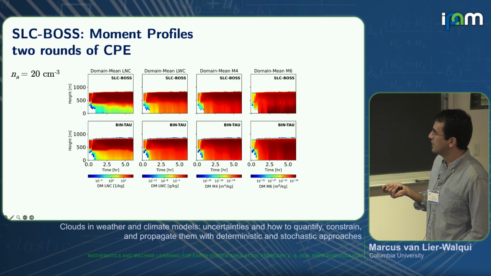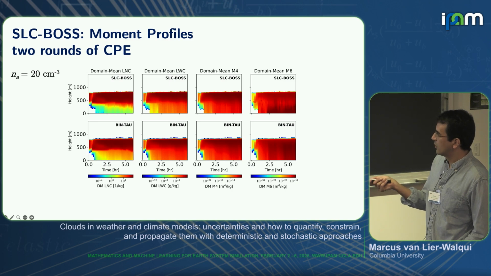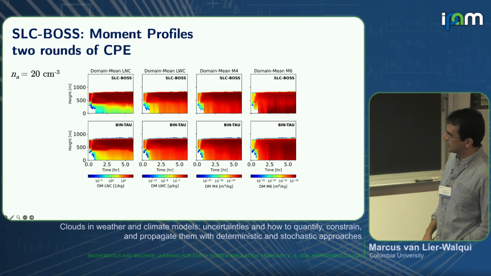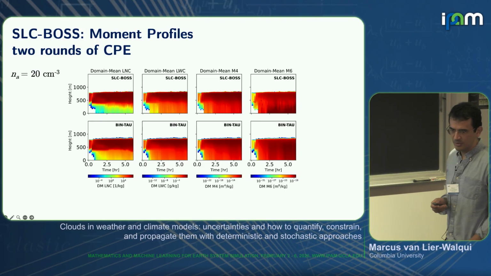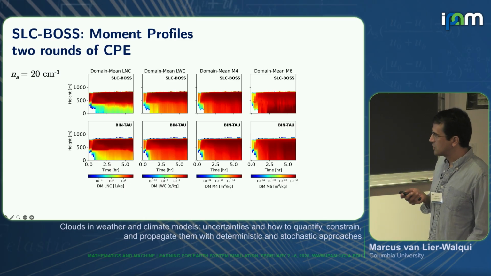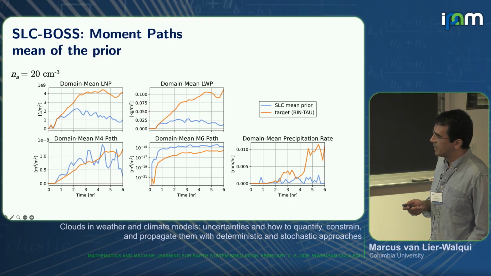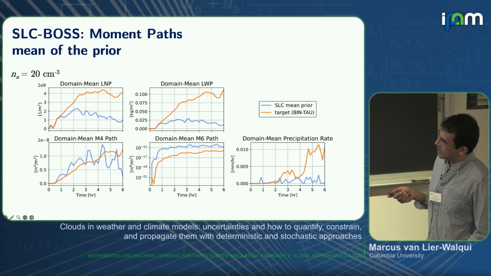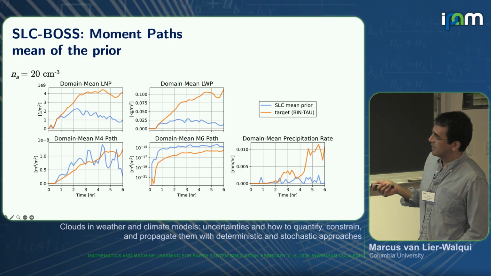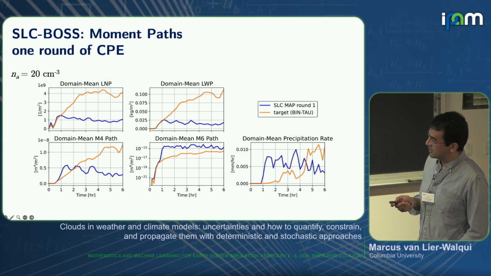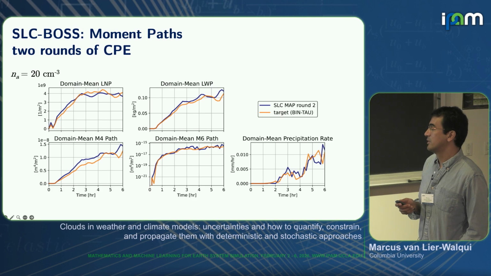There's still some weird stuff here. So like in the 6th moment over on the right, something looks a little bit funny with the reflectivity increasing as you go down. So there are still some small issues there, but there's a lot of improvement. And to look at the time evolution or line plots, this is the prior, again, number, liquid, 4th, 6th moment. The first round, it actually doesn't look like that much improvement, and then the 2nd round. So the iterative method we've really found to be necessary.